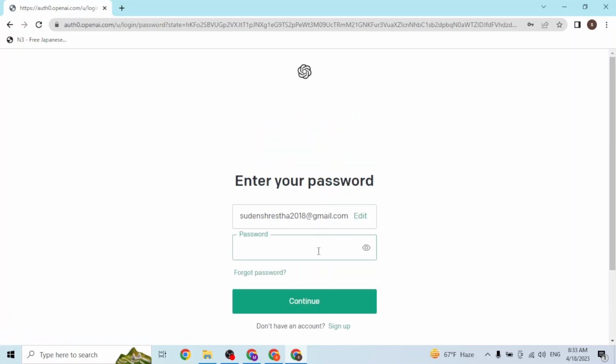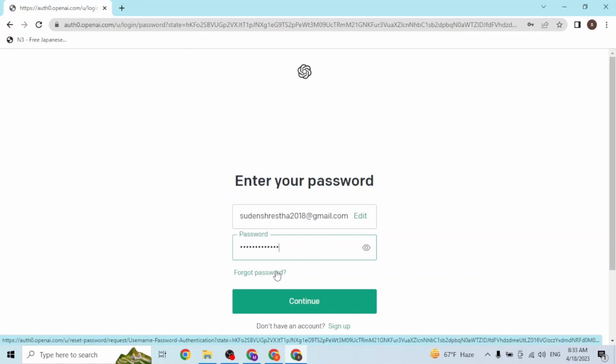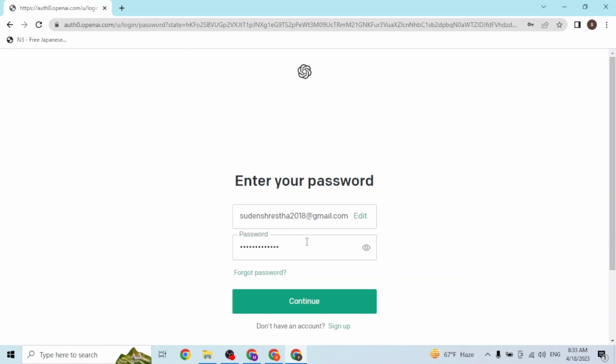And on the next step, we'll be required to enter our password over here, guys, like this. But if you've forgotten your password, you can always reset it from over here where it says forgot password. If you click on that button, you'll be taken to a procedure where you'll be able to reset your OpenAI account's password. And after entering your email address and your password, simply click on the continue button available